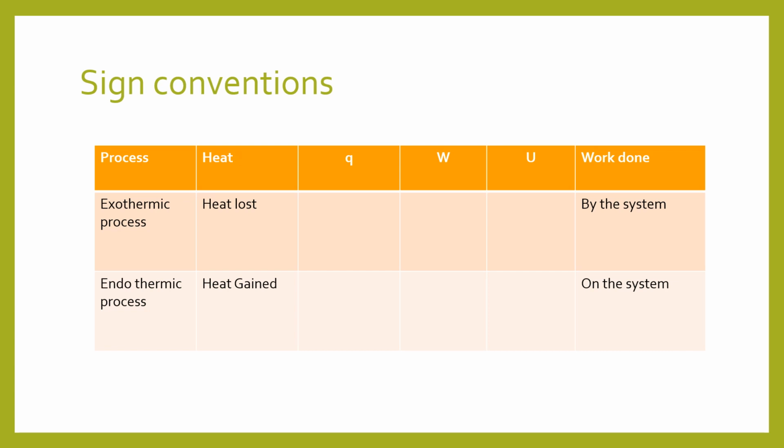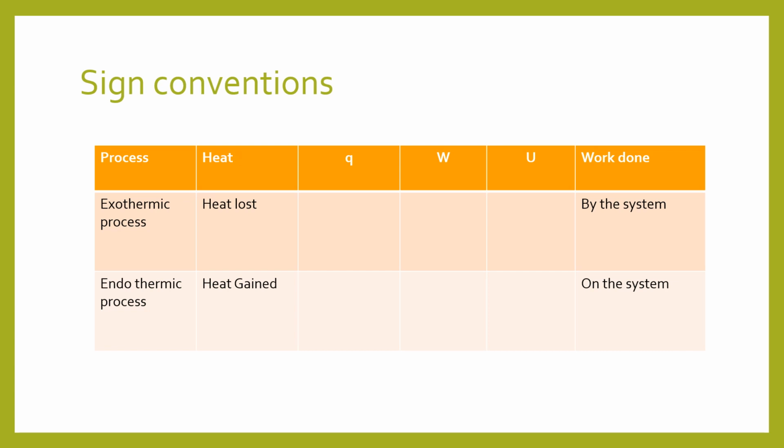Very important because it can come in MCQ, it can come in match the following, true or false. It can come as a short answer, and obviously you cannot do numericals if you do not understand sign convention. So let us see two types of process, exothermic process and